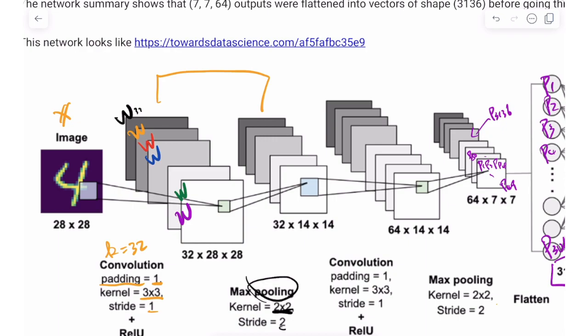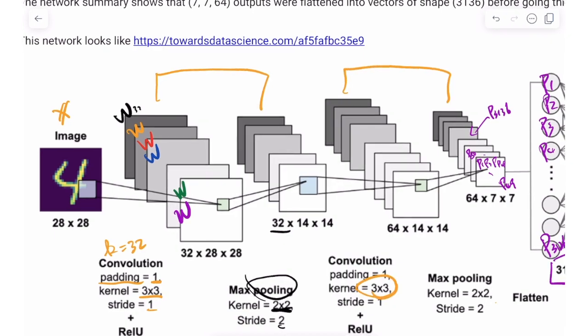Right? But we still have 32 different kernels. So we have 32 different outputs, hidden neurons. So that's one convolution. And we have another convolution right here. And again, we have another kernel, stride, padding. So the K now is 64. That means we use additional 64 weights